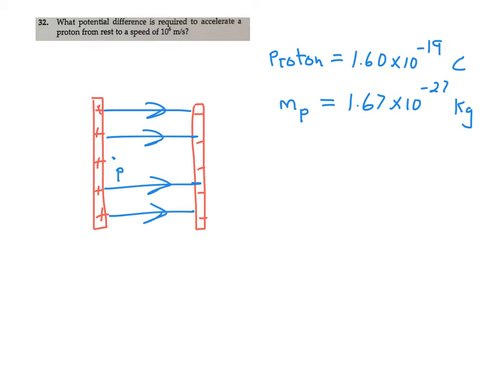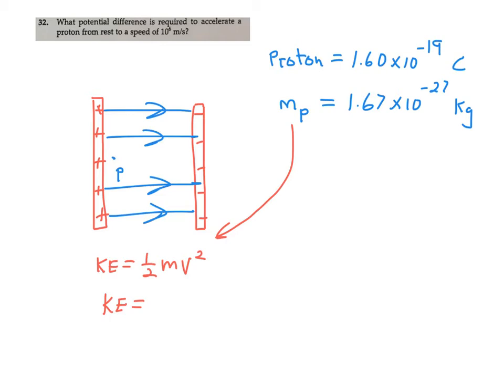out the kinetic energy of the proton. So the first thing you'll do is figure out the kinetic energy of the proton, 1/2 times the mass times the velocity squared. You're given the mass up here. That's the mass, and the velocity is given in the problem, the 10 to the 6th meters per second. So you'll have a value for the kinetic energy that the proton has when it strikes the other electrode, the